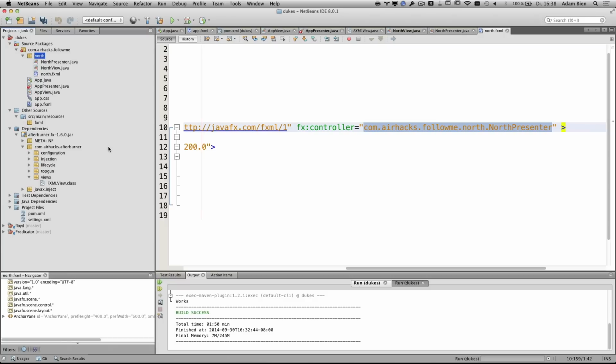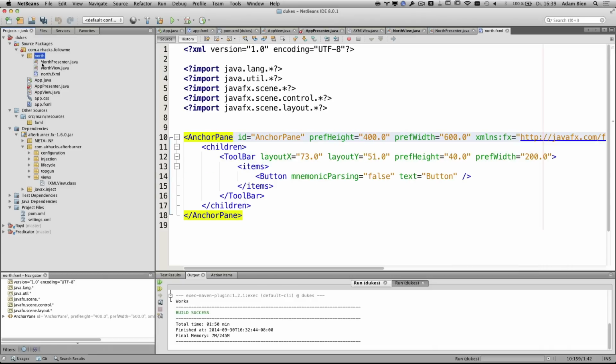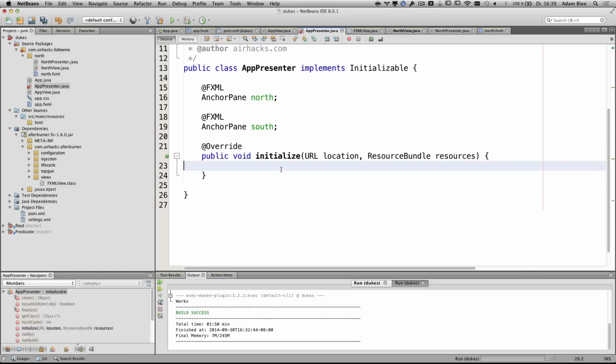This is actually in one of my projects called Lightfish. I have a monitor widget, and within the monitor widget, I have method monitor widgets, and this is a deeper hierarchy than this. It should be sufficient. So what we can do here in app presenter, now we can say north view equals new north view.